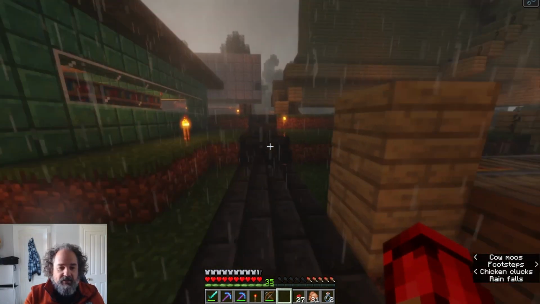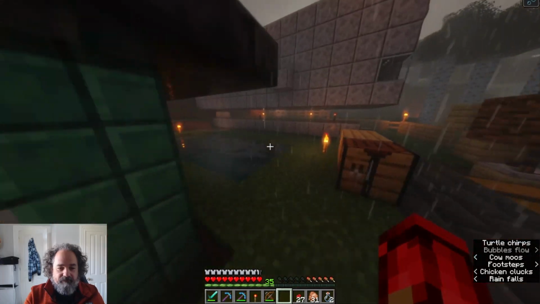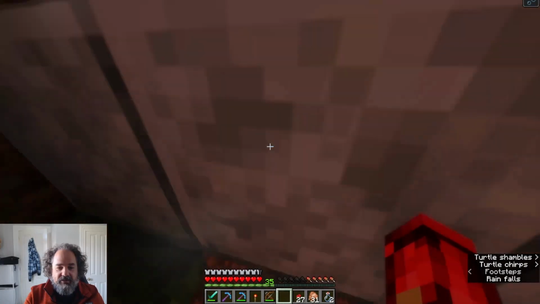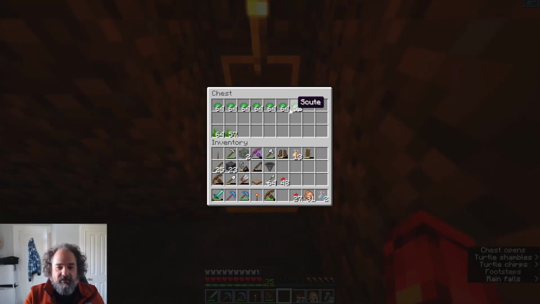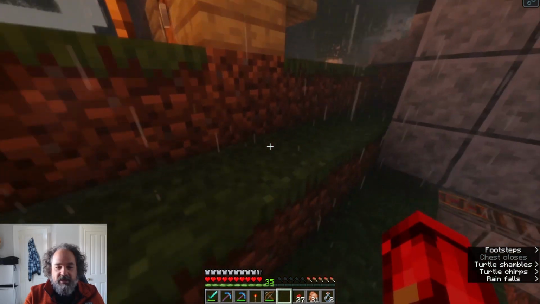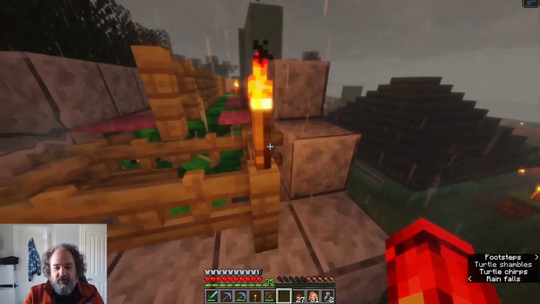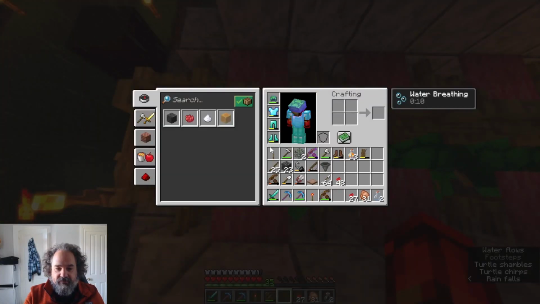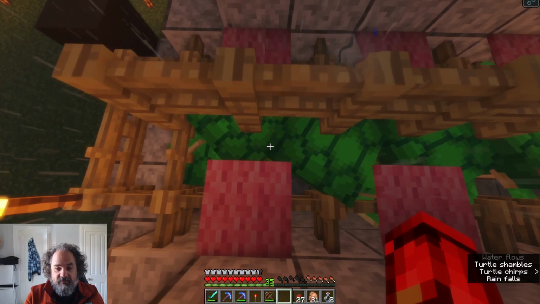So here is my turtle farm, which has been all kinds of successful. If we look under here, scutes, that's what they are. So yeah, heaps of scutes, so I can make lots of helmets. Basically I get a bunch of, what do they call that stuff? Weedy stuff out of the water anyway. Feed it to the